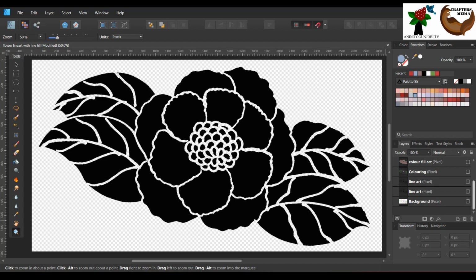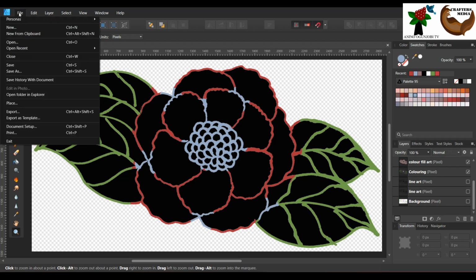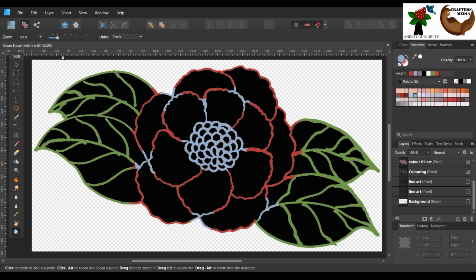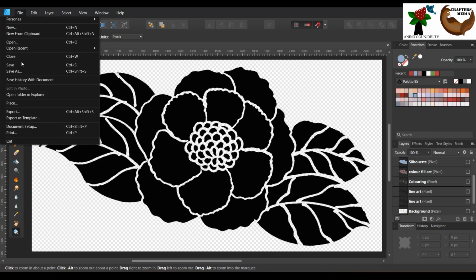Okay, so we have to save our work. So we'll have to save our work. I'm just going to click on File and Save. Then we save it as that. Then I'm going to come back in here, and this particular one I'm going to save it. So we can click on File,